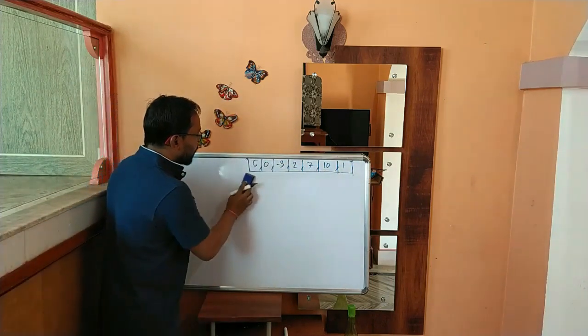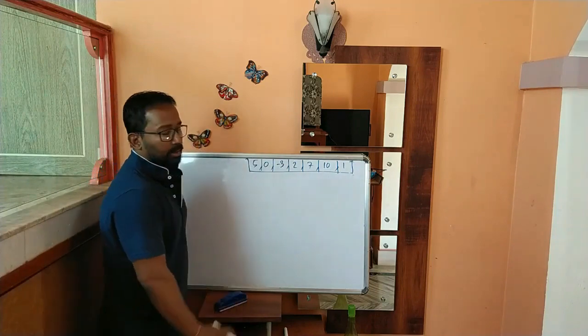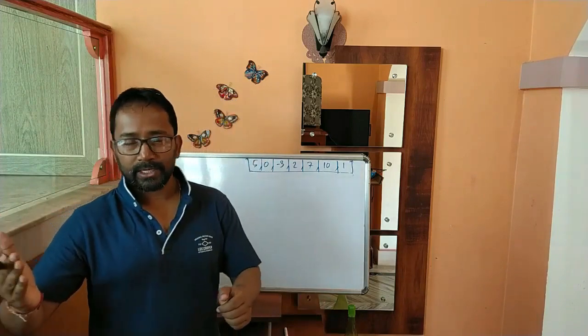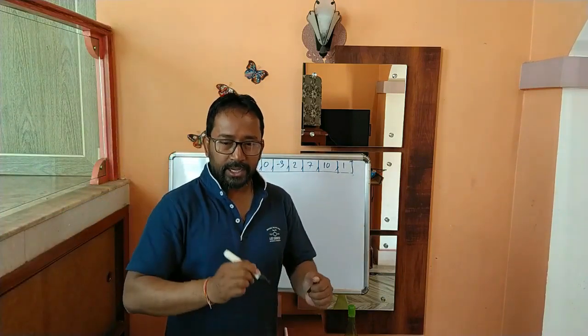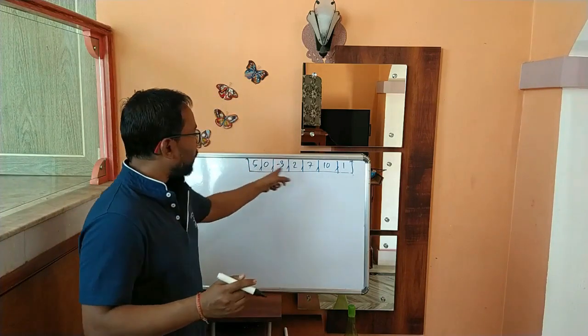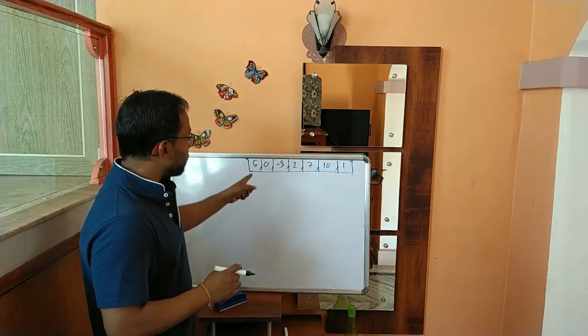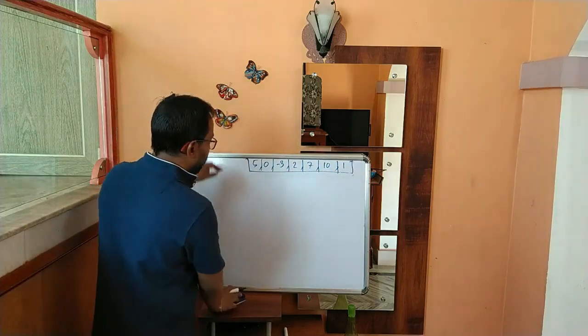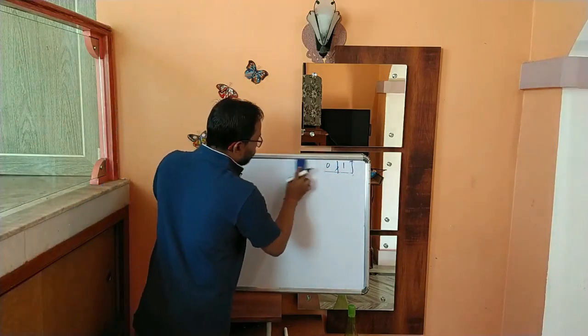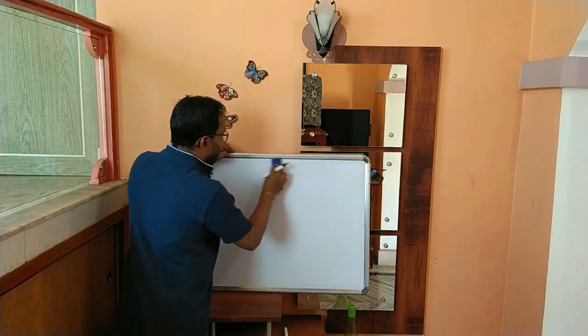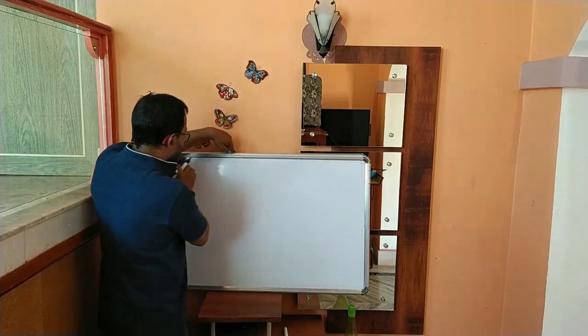But remember, this type of initialization is only possible at the time of declaration, not in a separate line. Like, in one line you have declared the array, int array name square bracket, then in the next line array name equal to, in second bracket all these values separated by comma, is not possible. Only at the time of declaration this initialization is possible. So easily we can manipulate an array if we know the number of elements.